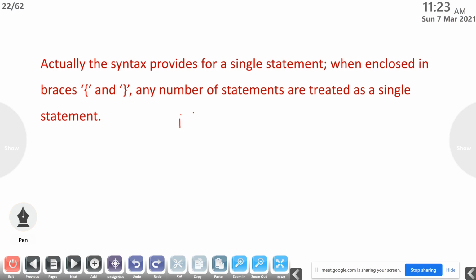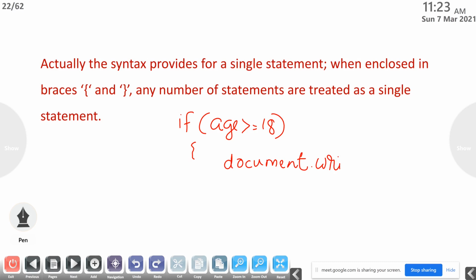For example, if age greater than or equal to 18, the previous example, then we are giving a brace, document dot write eligible for vote.